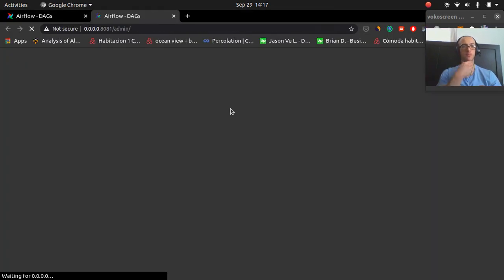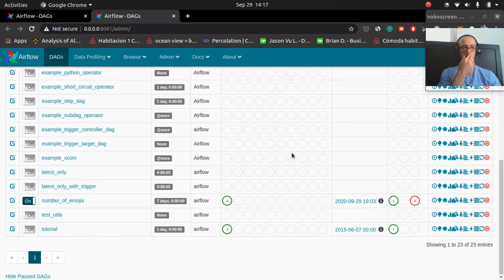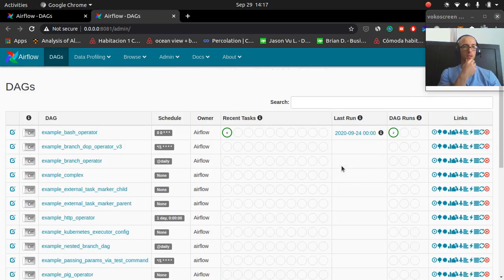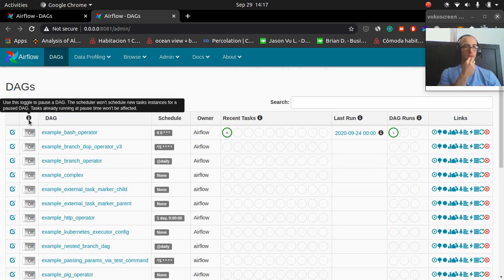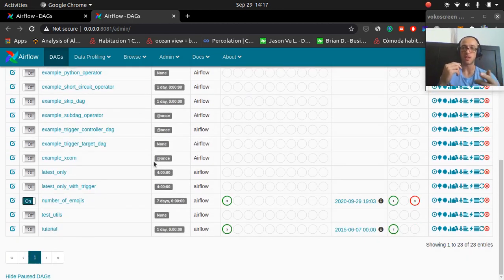Okay, and we're going to run number of emojis. There's this little button you can click here. So what is it? Does this mean use this toggle to pause the DAG? The scheduler won't schedule. Okay, so as long as our server and the scheduler are running and we turn this on, if I just leave my computer on for a week,